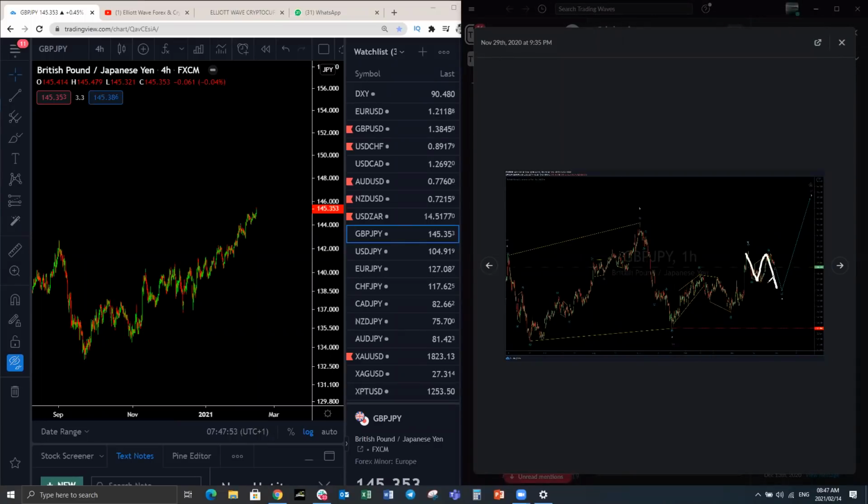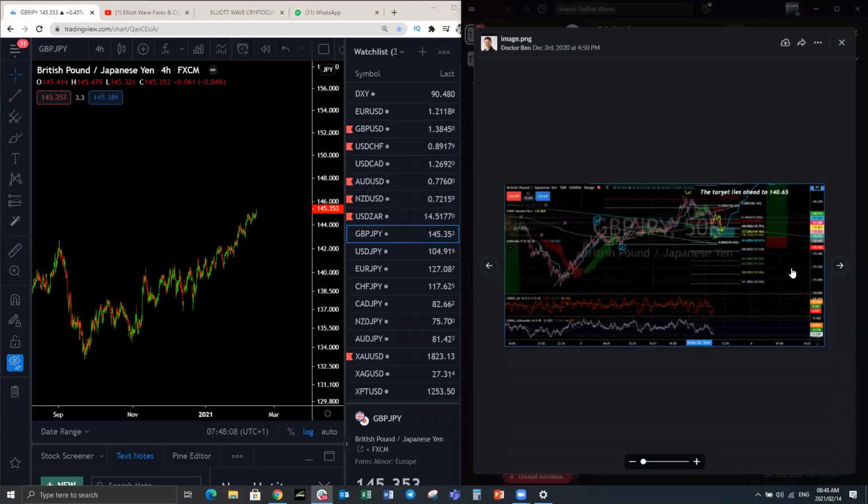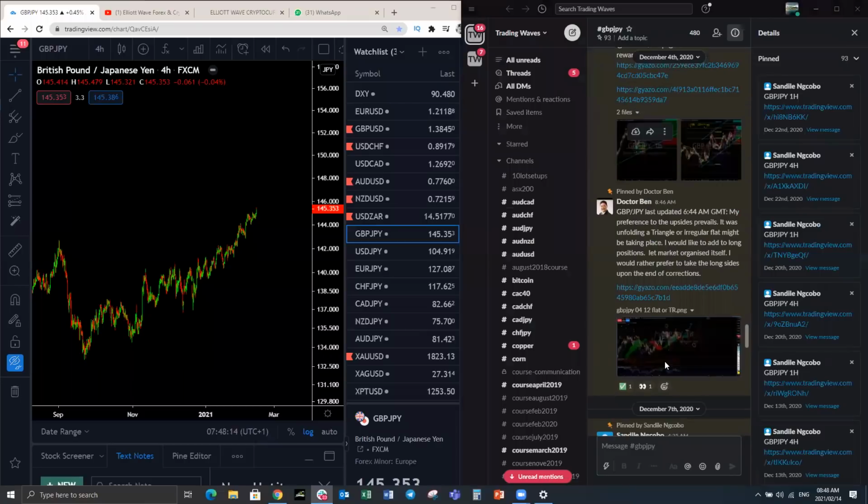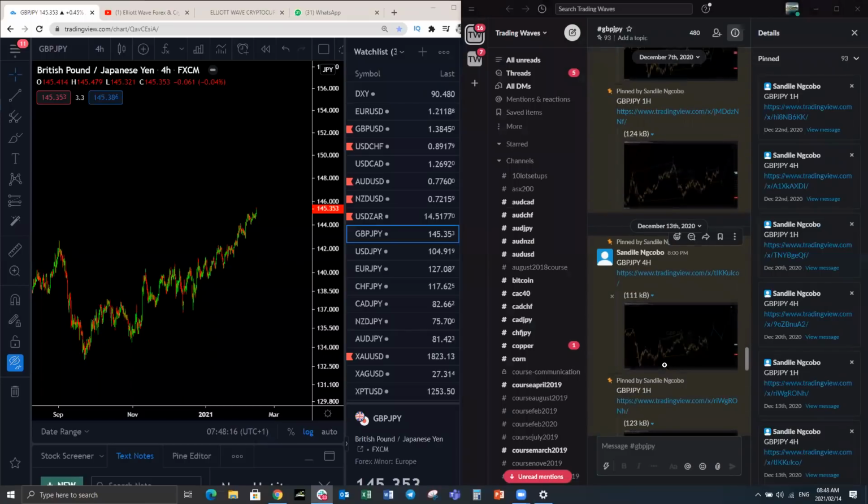Here, this is the corrective structure, showing what's going to happen. It's going to come down, it's going to push to the upside. This is where it happens. It comes down and then it's going to push up. This is what we were showing our members. Expect all these moves to the upside. So if you've been a member on the website, on our group, you would have gotten all of these setups to the upside and this forecast. Okay. So that is how it has played out.